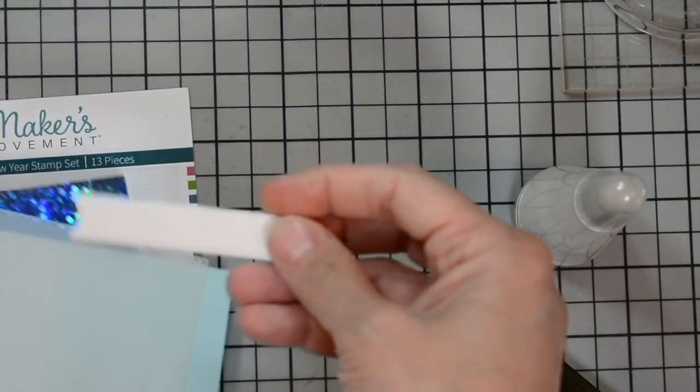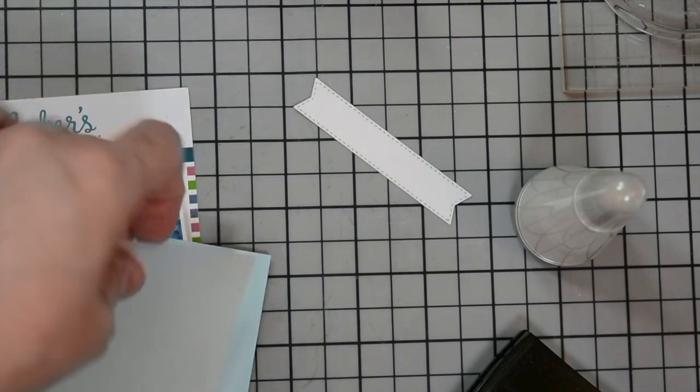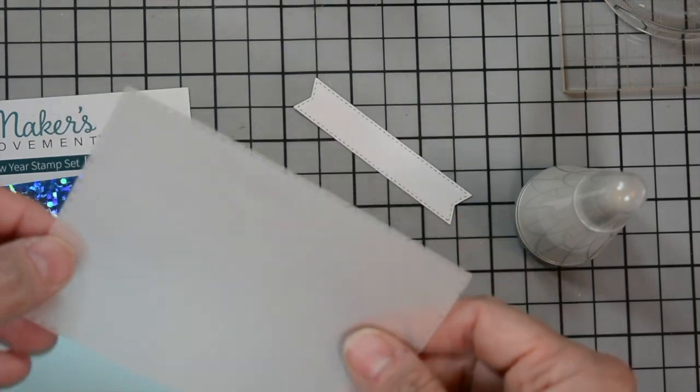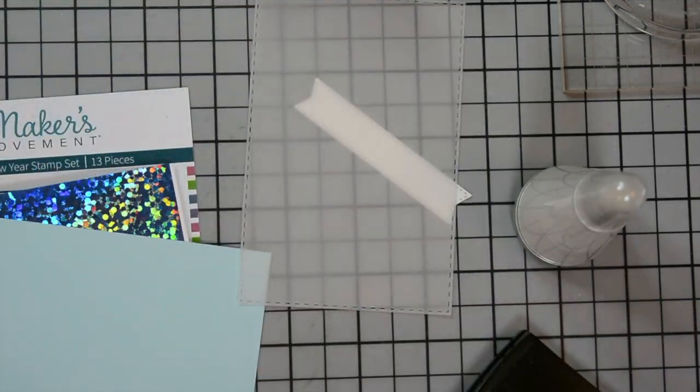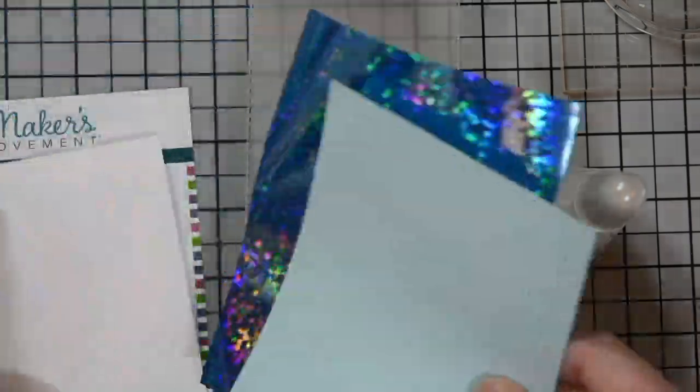Our papers here, let me gather them up. We have a small strip of heavyweight cardstock that I cut into a double fishtail banner for our sub-sentiment. A piece of vellum, which I cut up with a stitched die cut. And this is 25-pound weight vellum. 65-pound layering cardstock in light blue, holographic paper, and a